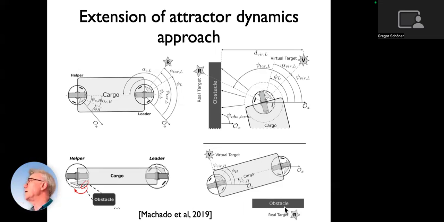And now you have this problem that you don't want your rear to hit the target. Now, if this one goes around for the target, then this one would be hitting, right? This is like when you're touching the corner. Naive drivers sometimes do that, right? The back of the car can hit the corner. And here, unlike in a car, the back is steerable because this is an active robot, it can steer. And so what you actually do is you put a virtual target somewhere which would drive the back out to